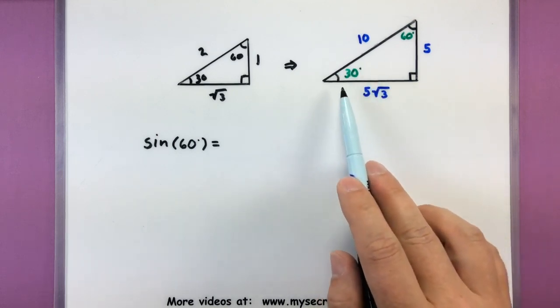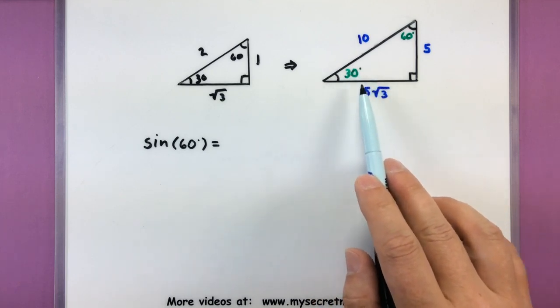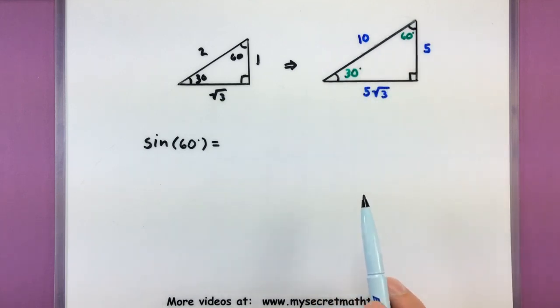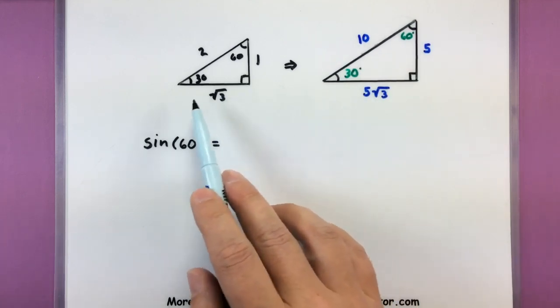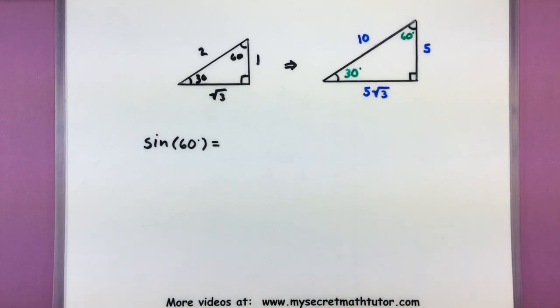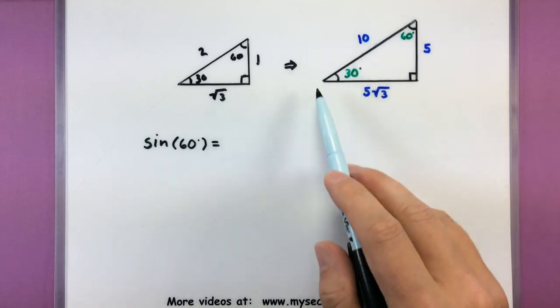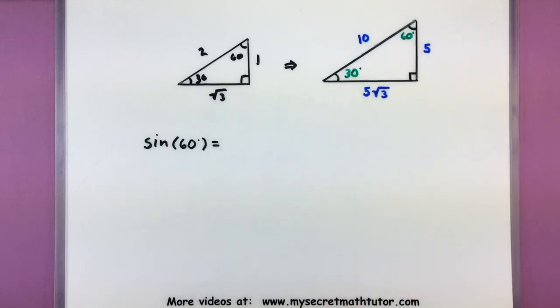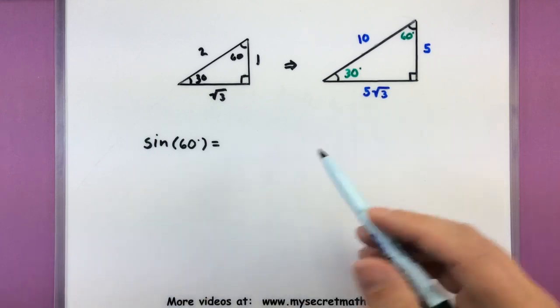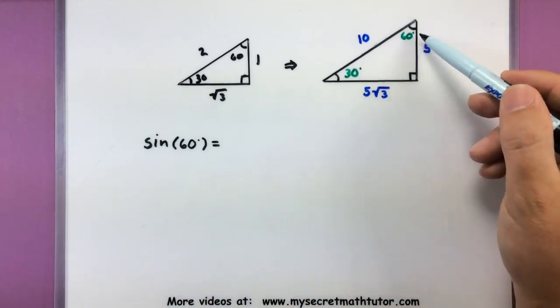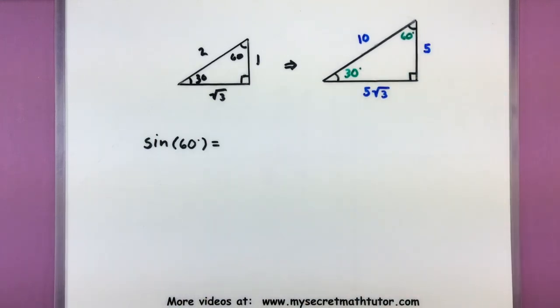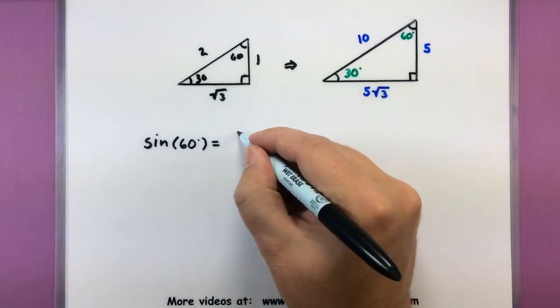So what if I really want to find the sine of, say, one of these angles in here? Do I need to use these sides, or should I use the ones that we saw earlier? It does not matter what you use. In fact, we're going to use these sides to show that that scaling factor actually cancels out and it doesn't really play a part. So we're going to find sine of 60 degrees. That's the one in the upper right here. So I'm thinking about the opposite side